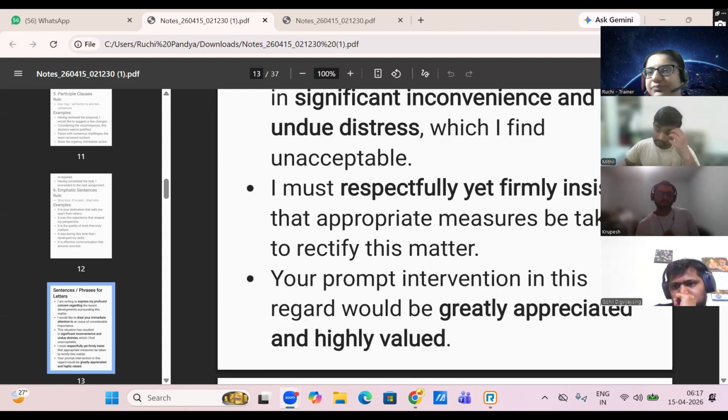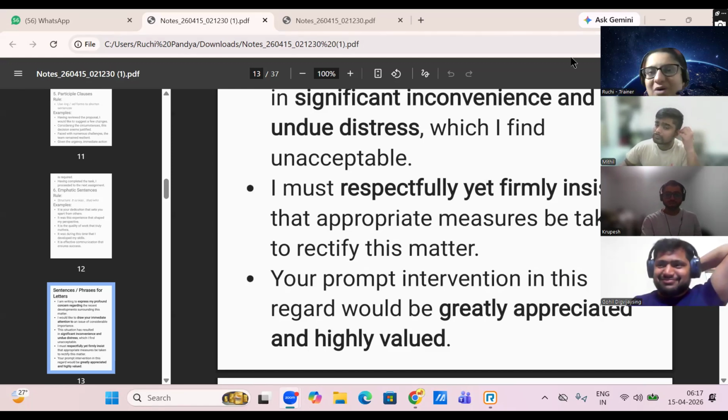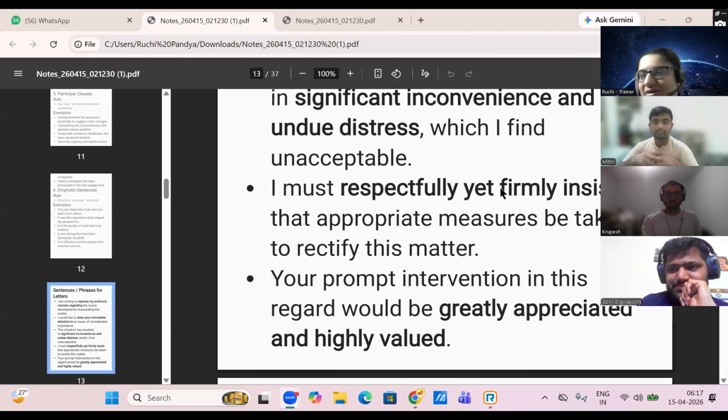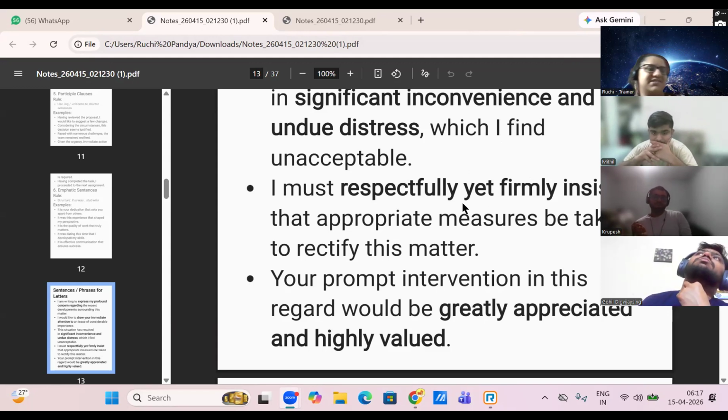बोलो बोलो। Yet firmly insist mean? येट मतलब बट, स्टिल, हाँ तो भी, कि हाँ, वो तो पता है। रिस्पेक्टफुली मगर देखो, मैं रिस्पेक्टफुली बोल रहा हूँ, ठीक है, तमीज से, इज्जत से, बट हल्के में मत लेना। मैं रिस्पेक्टफुली बट स्ट्रांगली इंसिस्ट कर रहा हूँ, तो यहाँ पे ऑपोजिट हो गया ना दोनों वर्ड्स का इंटेंशन, कि हाँ प्यार से ही बोल रहा हूँ, इज्जत से ही बोल रहा हूँ, मगर स्ट्रांगली भी बोल रहा हूँ, तो यहाँ पे बट वर्ड उसकी वजह से आया, इसलिए हमने येट वर्ड लिखा, ठीक है। ओके, और अप्रोप्रिएट का मीनिंग?